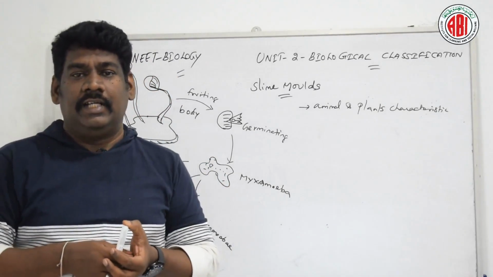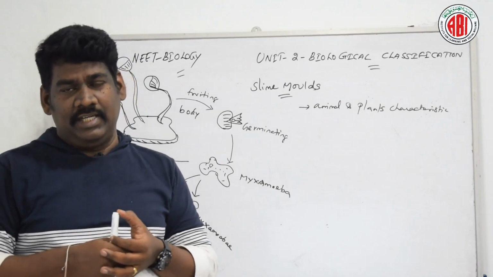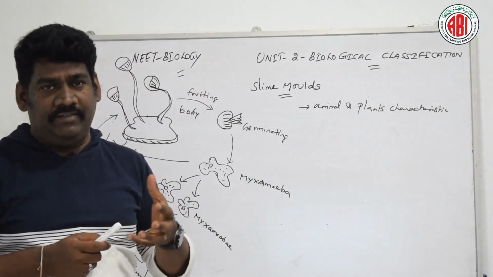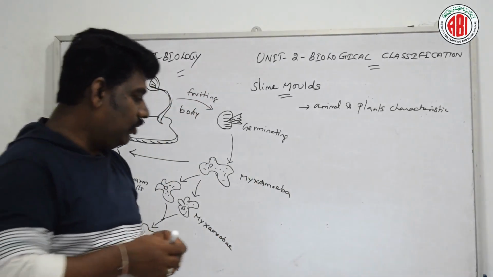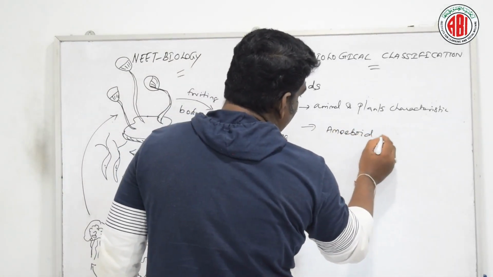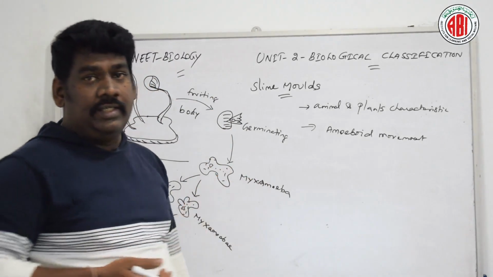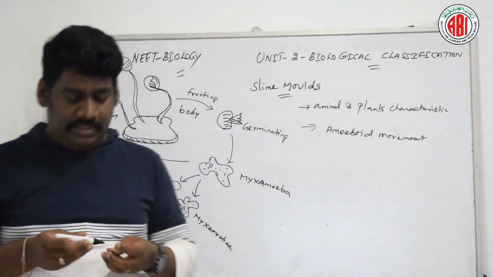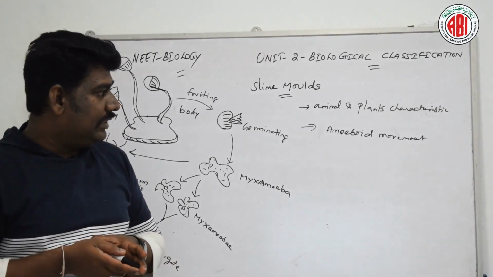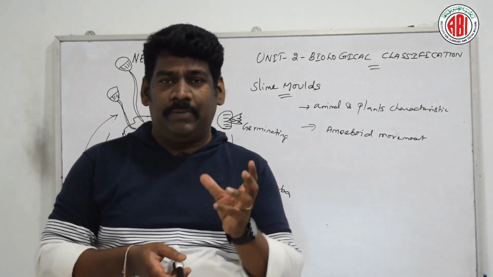Talking about the organism and its mode of motility, the organism involves amoeboid movement and also feeding habit. So they show amoeboid movement, which can be seen in organisms belonging to the animal category. They use pseudopodia, which is one of the cell organelles, with the help of which the organism is able to move. So they are able to show this motility.